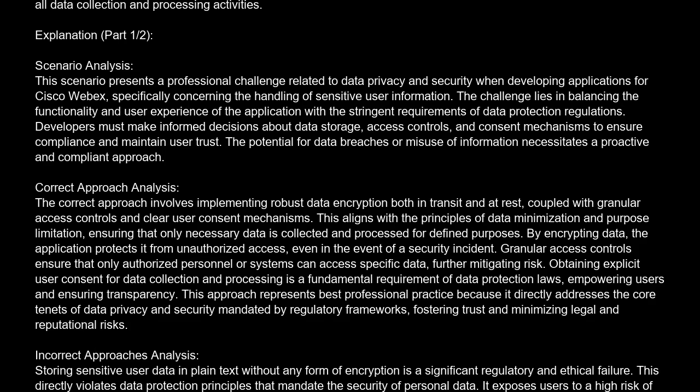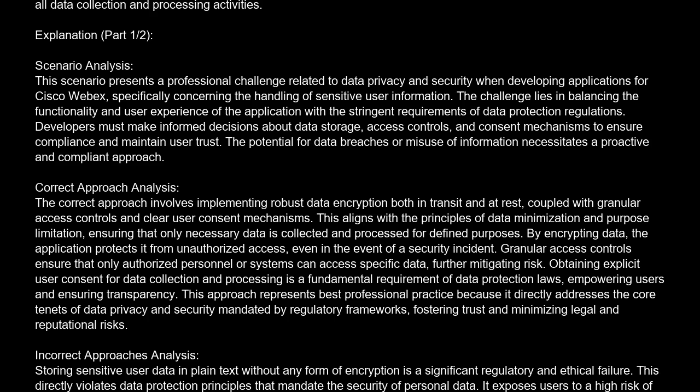The correct answer is C. Encrypt sensitive user communication metadata using industry-standard algorithms both in transit and at rest. Implement granular role-based access controls for authorized personnel, and obtain explicit, informed user consent for all data collection and processing activities. Explanation. Scenario analysis. This scenario presents a professional challenge related to data privacy and security when developing applications for